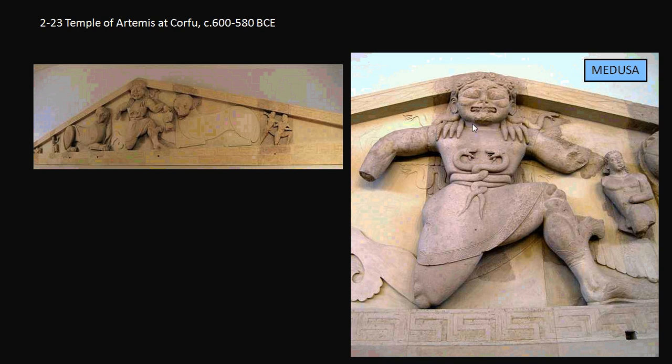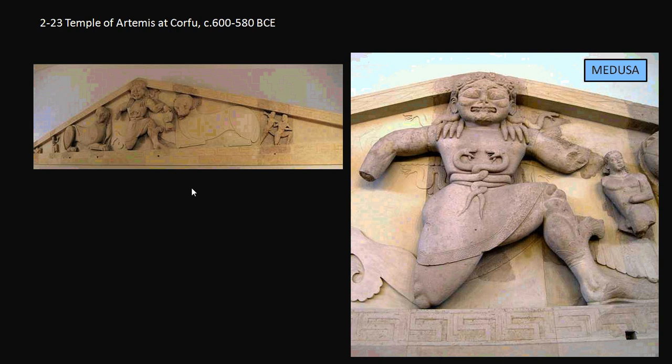She looks out at us grimacingly with those large almond eyes that remind us very much of the Kouros figure that we saw from the Metropolitan Museum. Because she turns unwanted visitors to stone, here on the front of the temple, it's not a temple dedicated to Medusa because she's an evil figure. She is here to protect the temple from unwanted visitors. And you'll notice that she has lions on either side of her as well, something we've seen in a great number of